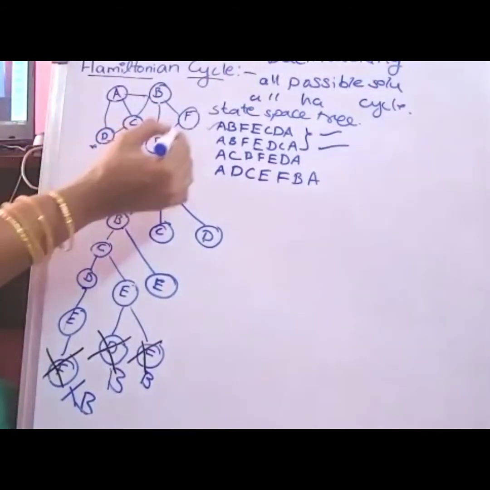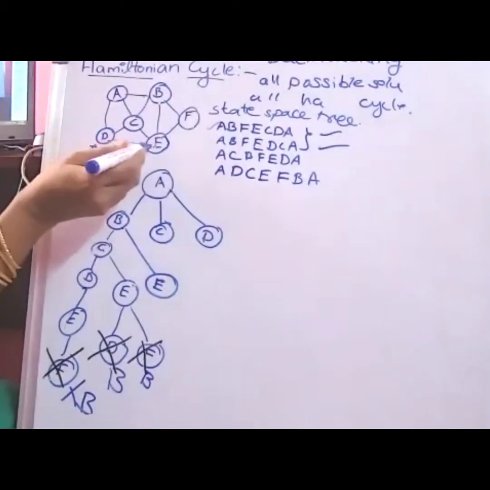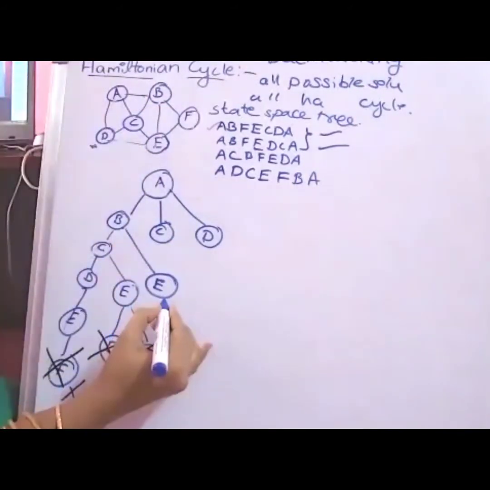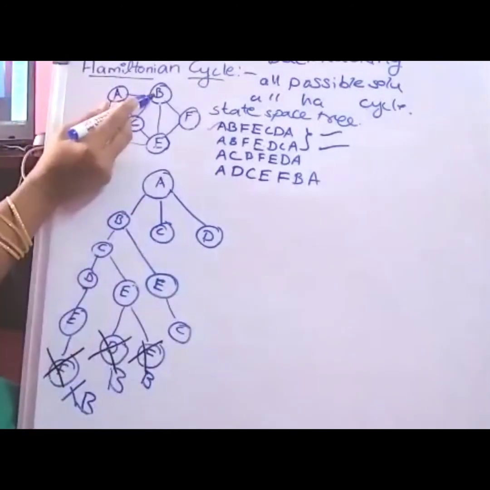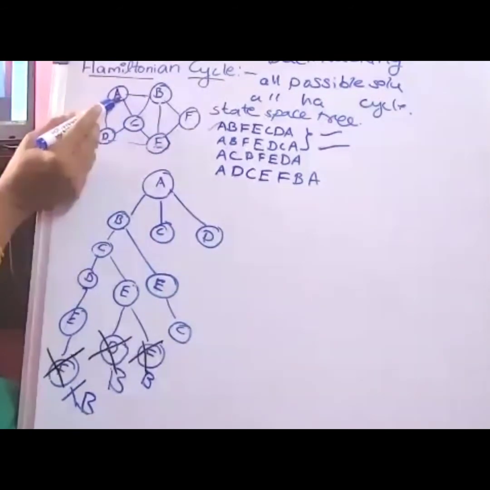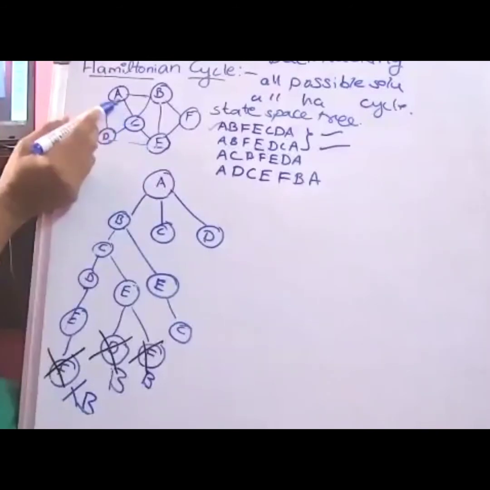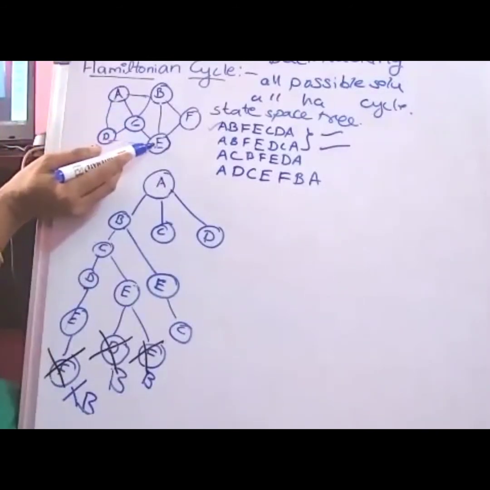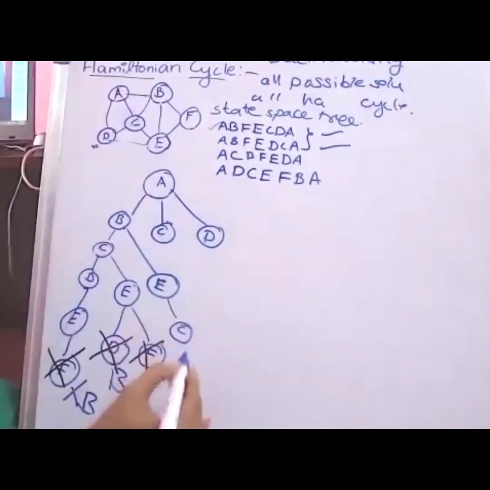First, I am trying in sequence, which is why I am trying to visit C here. So A, B, E, C covered. From C, what are the connectivities? A is connected, D is connected, E is connected. In this, A is already visited and E is already visited. The only remaining option is to visit D from C.